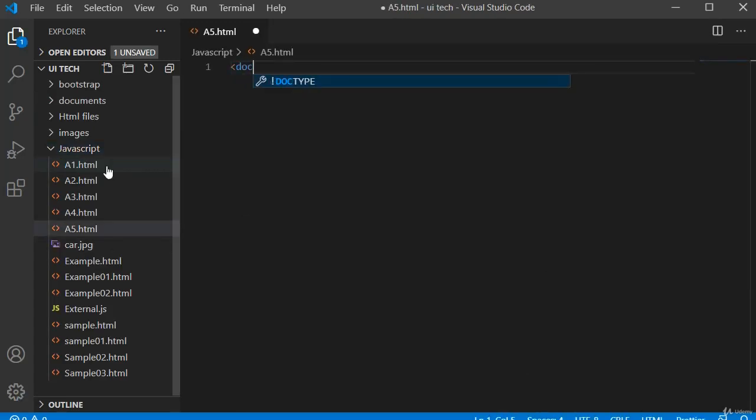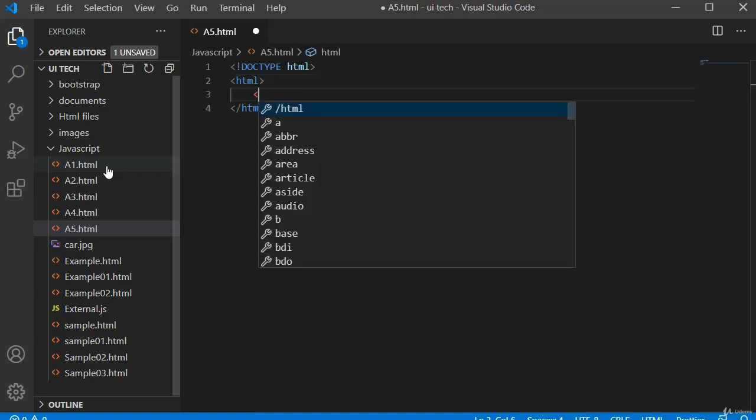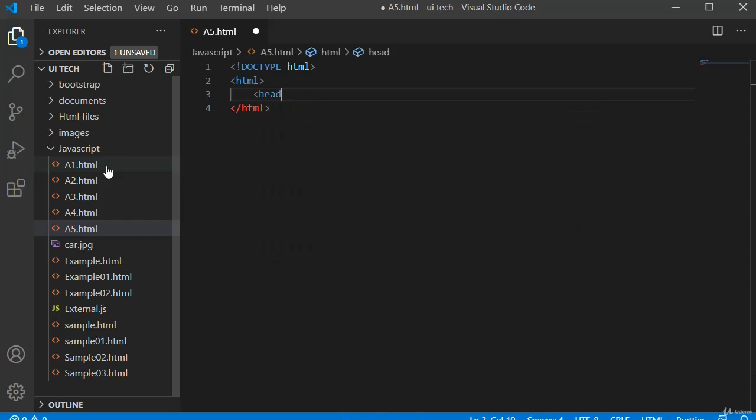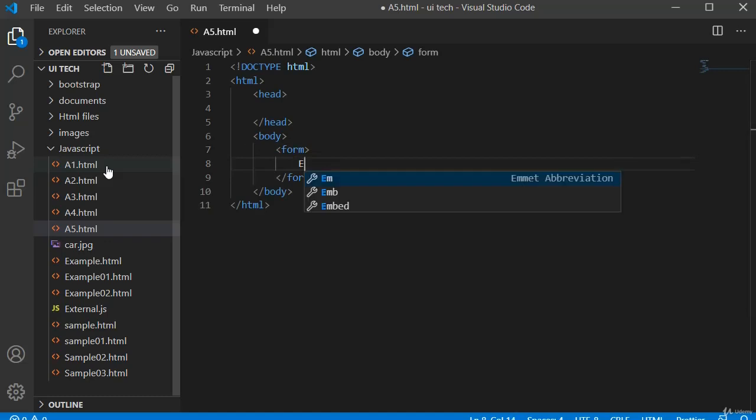Inside this doc type, after that HTML, then we have head section and body section. So inside body section, we will create a form. Inside this form, we will write something like enter name,